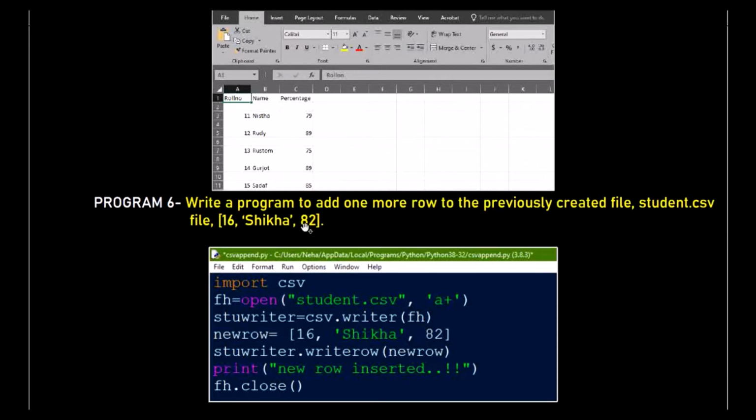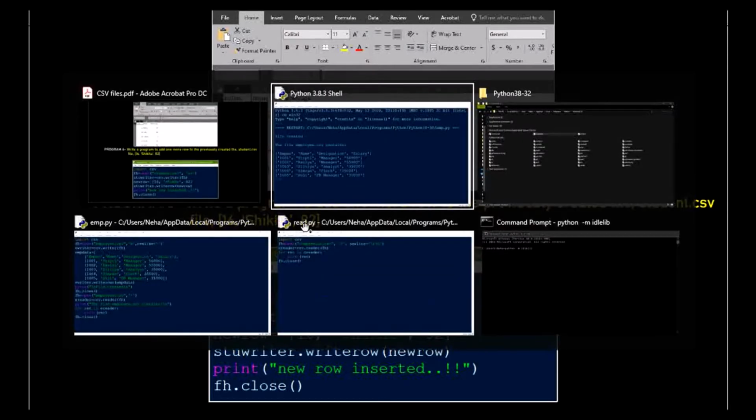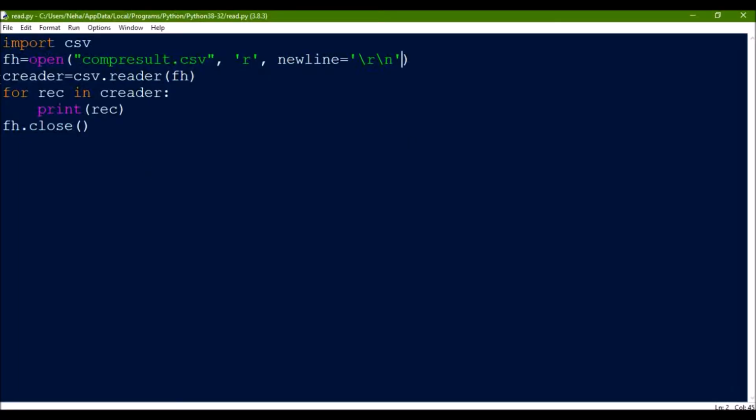So we'll go back to the Python interface and open the file student.csv, and we will open it in append mode because we want to add one more row.